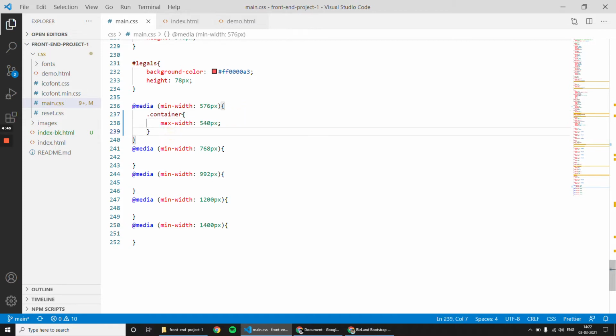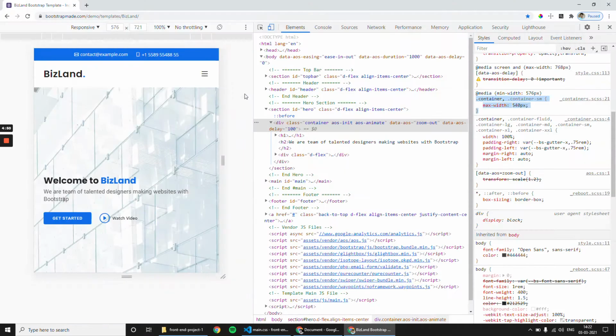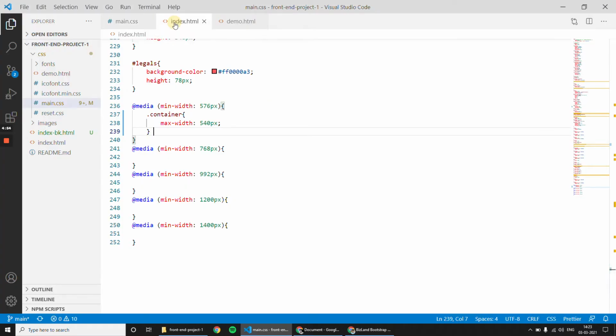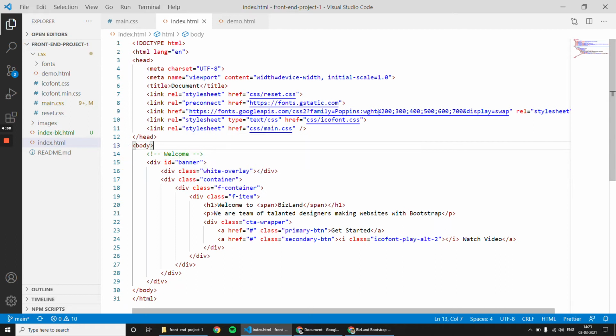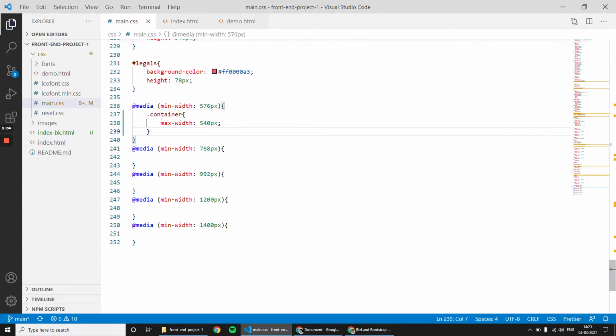So for container we have to apply 540 pixel, but in the reference project the class name is container. For our project, let's check what class name we have used for container. Here also we have used container as the class name. For container we have given max width as 540.